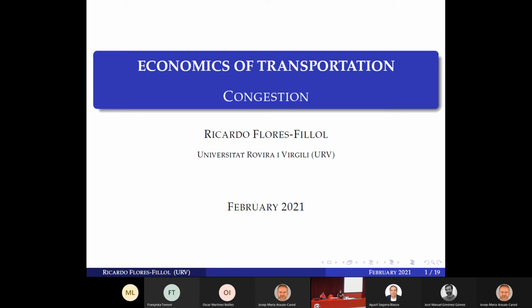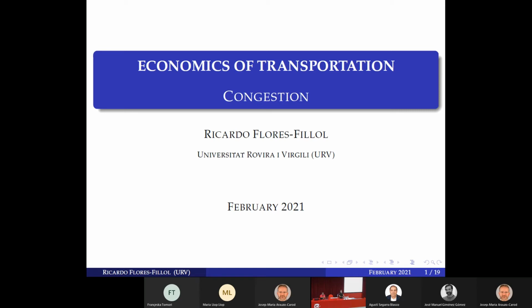This is a subtopic of economics of transportation. And congestion has been, during the last 15 years or so, the most important topic in transportation. The number of publications on congestion has increased dramatically in the last years. Of course, with the pandemic, congestion problems have substantially decreased, right? But as we recover, this is going to be, again, back at the center of the research in economics of transportation. I've been conducting some research on congestion, both at the urban level and at the airport level.